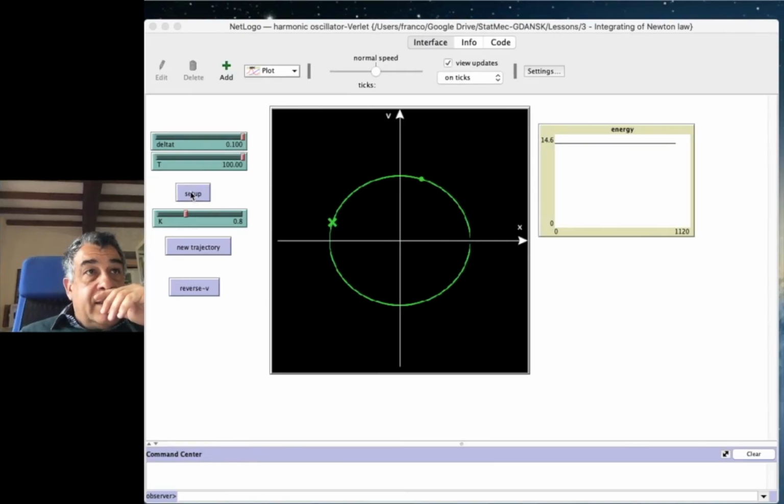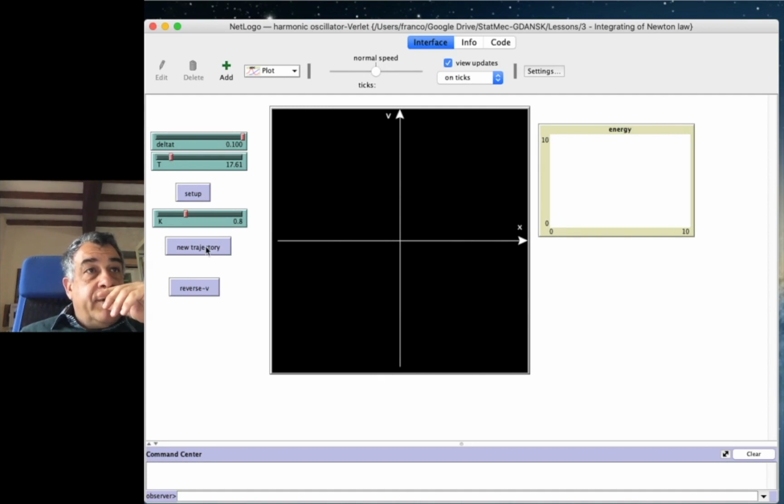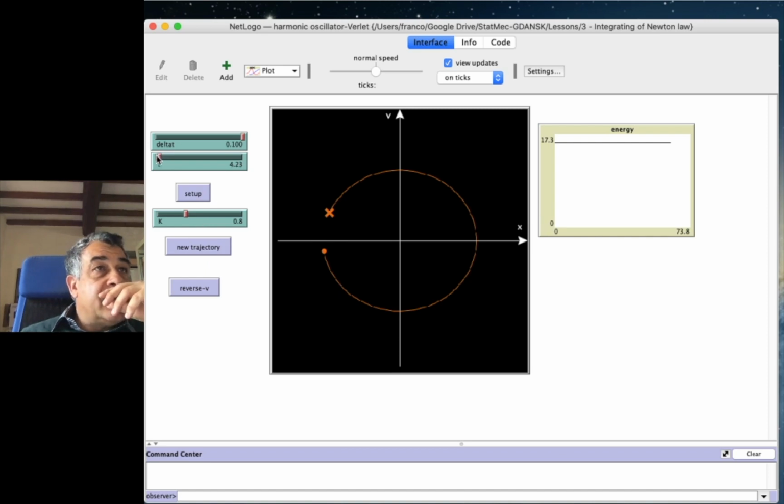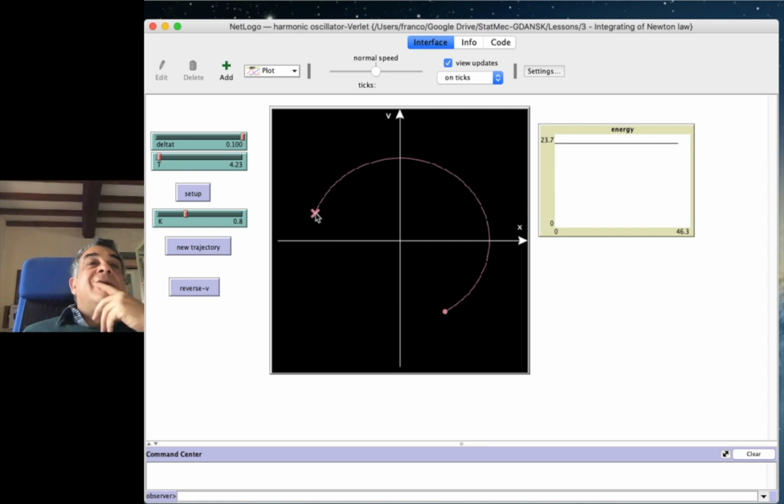Let's start from a certain point, and let's use a small time amount. Maybe we can have it even less. Okay, so we start from here, we go for a certain number of time steps, and then we arrive at